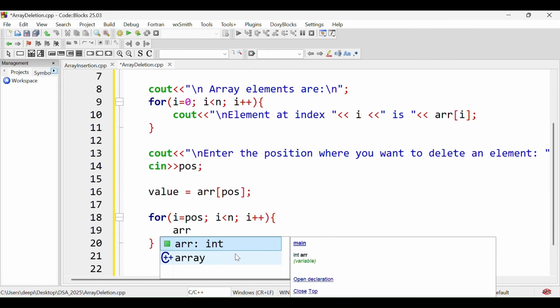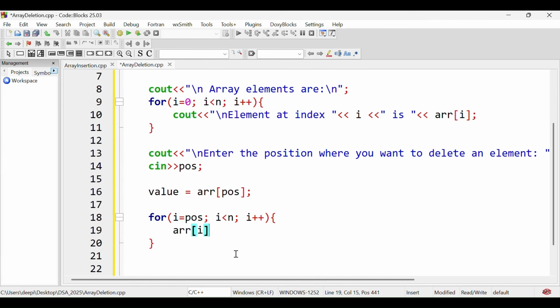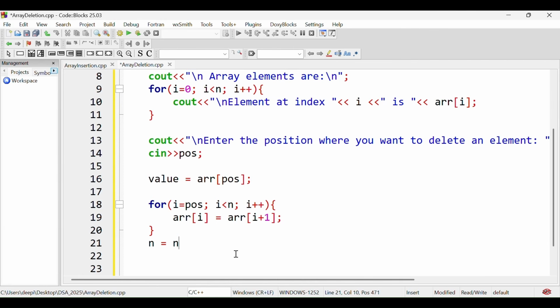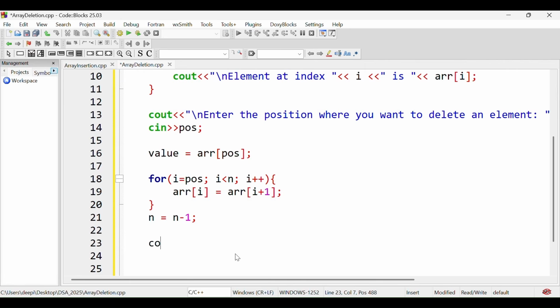and here we will shift the elements. So arr[i] is equal to arr[i+1]. In the next line, we will decrement the length of the array by 1. In the next line, we will display